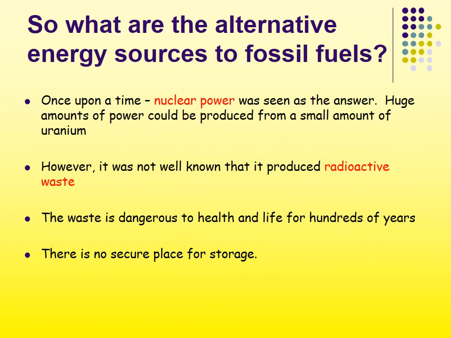So one of the alternative energy sources to fossil fuels is nuclear power, nuclear energy. In Scotland we have two nuclear power stations, one at Hunterston and one at Torness. There are about 15 across the UK and there are just over 400 around the world. They use something called uranium, which is radioactive, and a small amount of uranium metal can produce a huge amount of energy. It's also considered a cleaner energy because it doesn't produce the greenhouse gases that we mentioned earlier, carbon